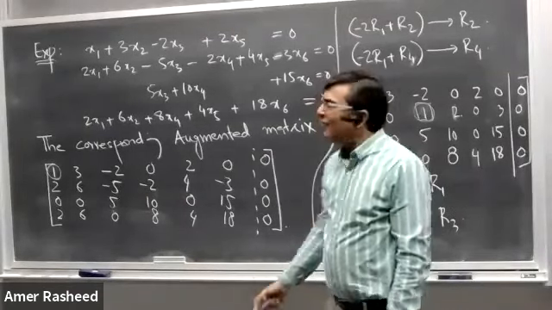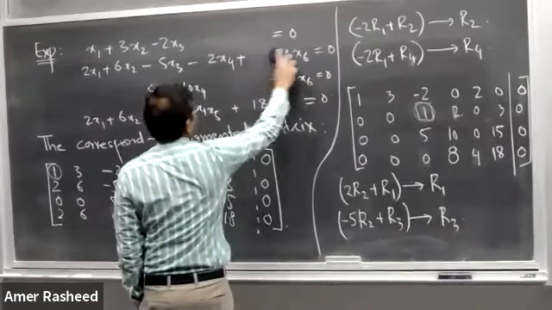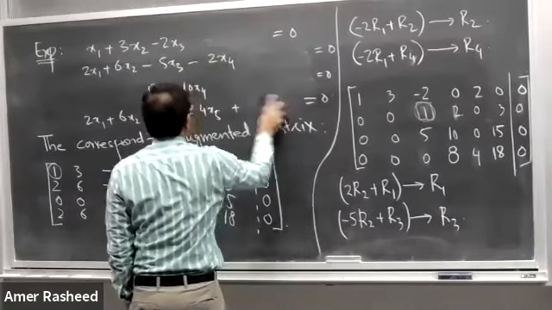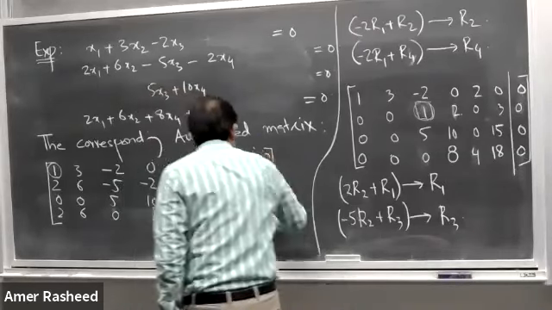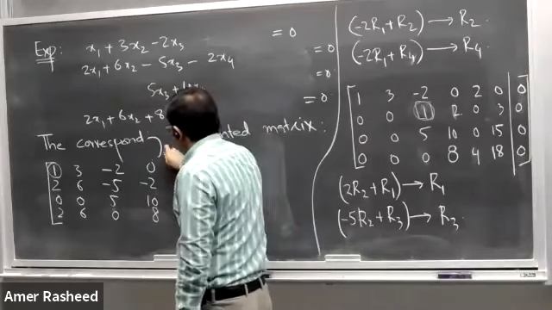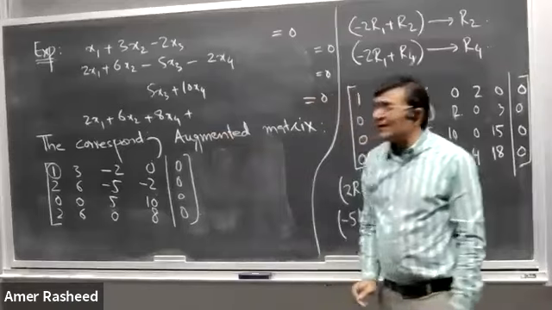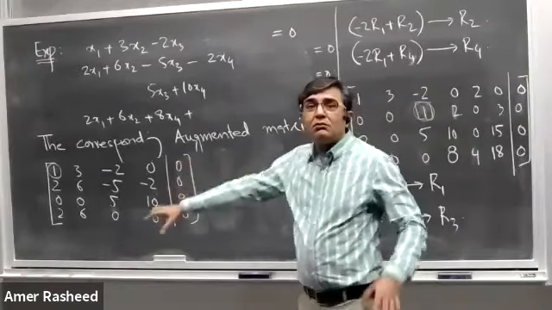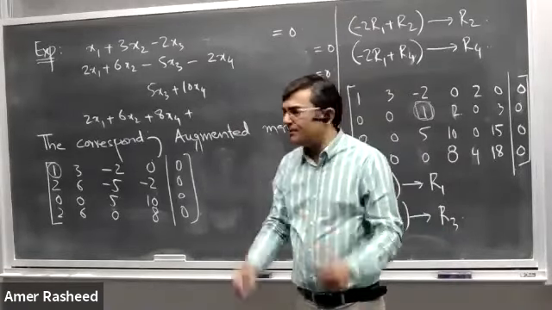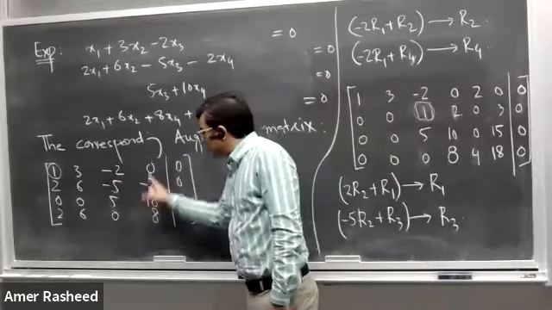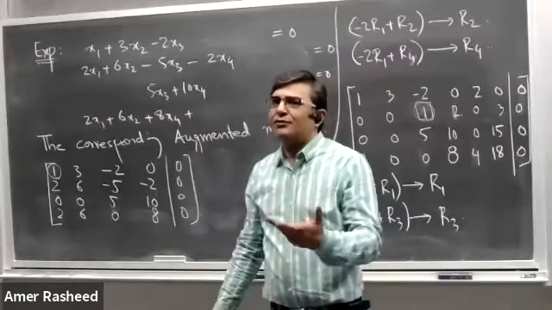Okay. If the coefficient matrix is a square matrix, for example, if we have only four unknowns and four equations, then the corresponding matrix is this one, and the right-hand side column is this one. Now, for this system, we cannot say whether there are infinitely many solutions or only the trivial, unique solution. Because the coefficient matrix is a square matrix, we might get the trivial solution, or we might get infinitely many solutions.